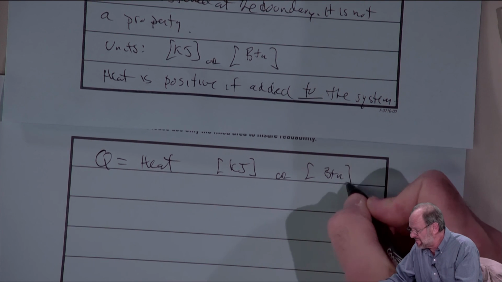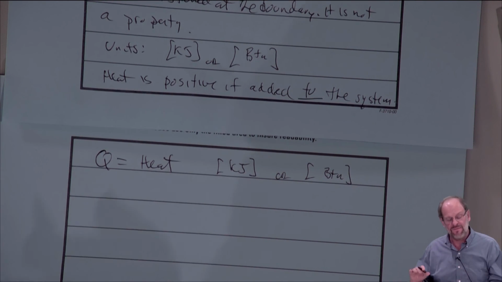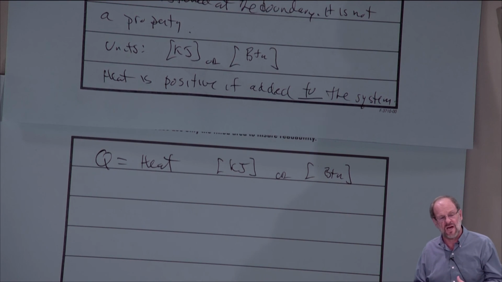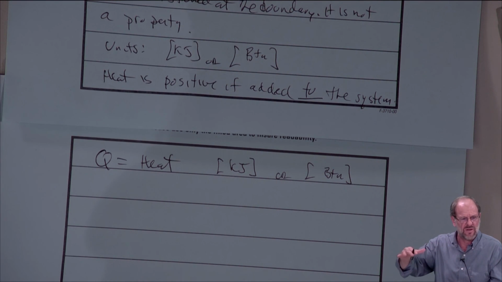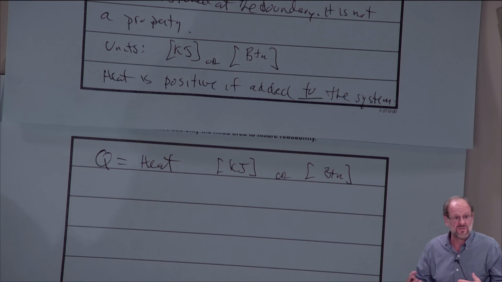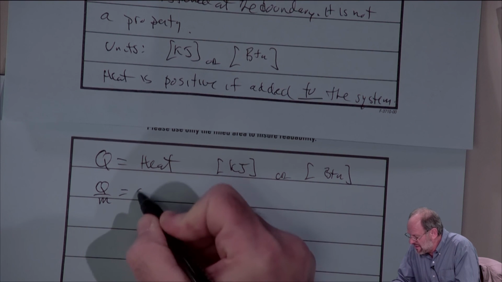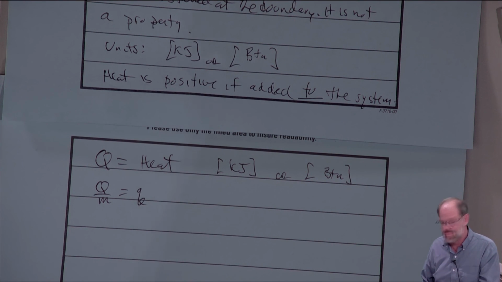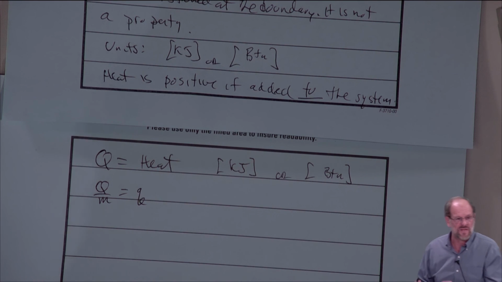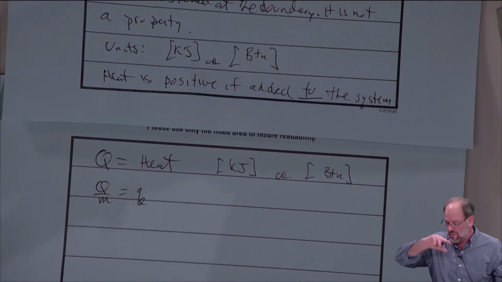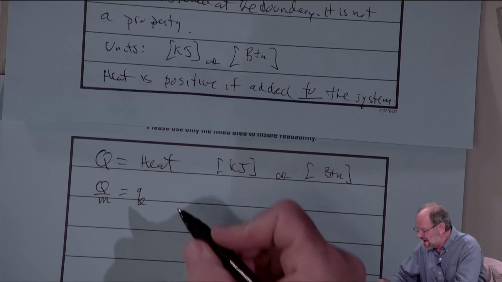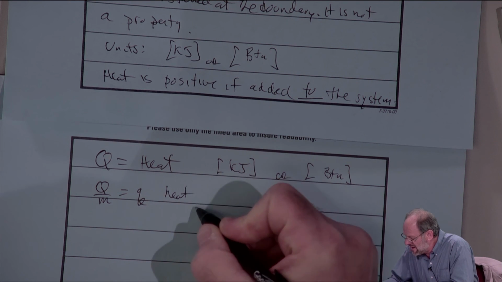Okay, so Q would equal heat, and again it would have either the units of kilojoules or the units of BTUs. Now, if the heat is transferred on a per unit mass basis, I mean, we've already talked about how we can have properties on a per unit mass basis. We could also have heat transfer on a per unit mass basis. So if we divide Q by m, then this is lowercase letter q. Okay? And we don't call it specific heat. We use the word specific when we're talking about properties per unit mass, but heat is not a property, it's just an energy transfer at the boundary, so we do not use the word specific heat. In fact, we use the word specific heat for something totally different. This we just call heat per unit mass.